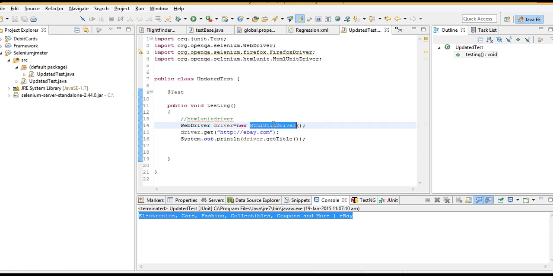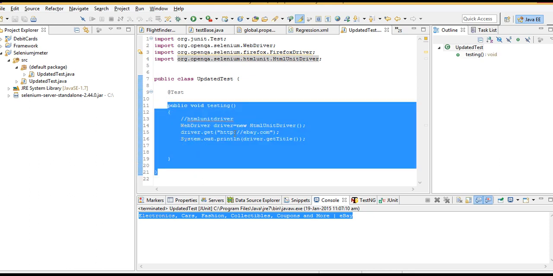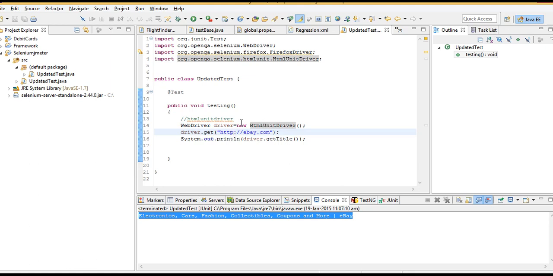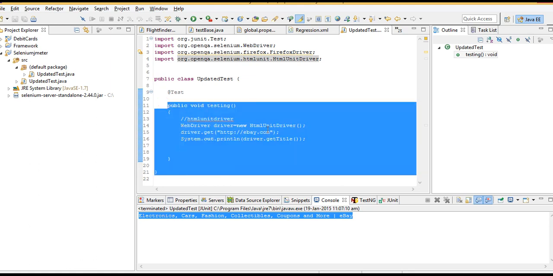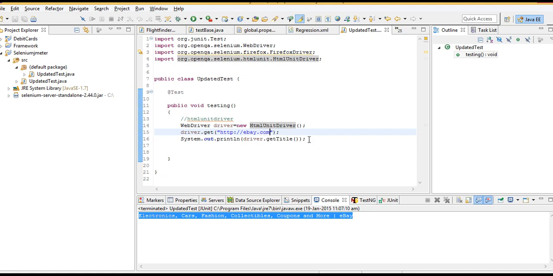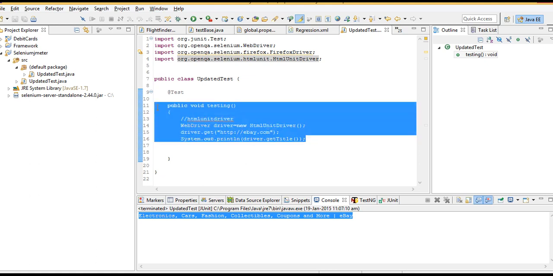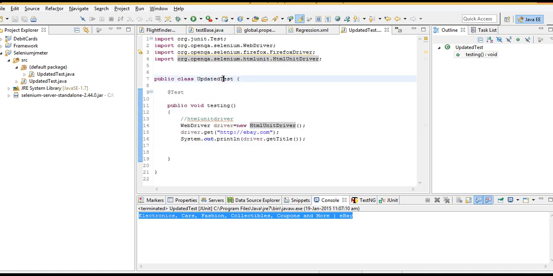So change it to the HTML unit driver and follow the same steps as I did in the last 2 lectures. Then you will be able to invoke these test cases without opening the browser and JMeter, and you can see the proper results there. So that's how you integrate Selenium with JMeter.